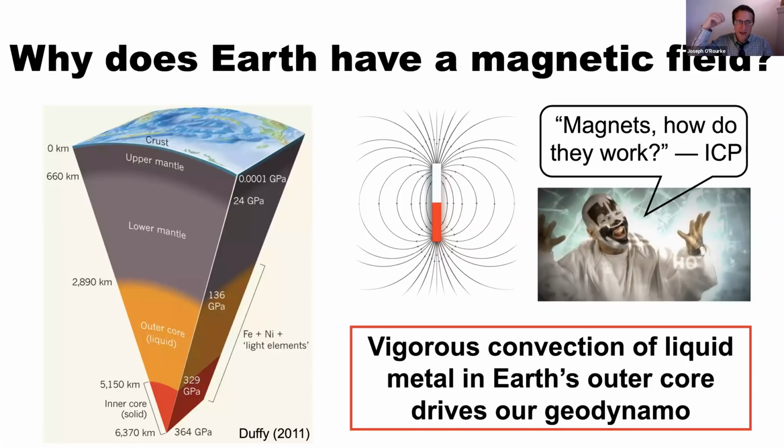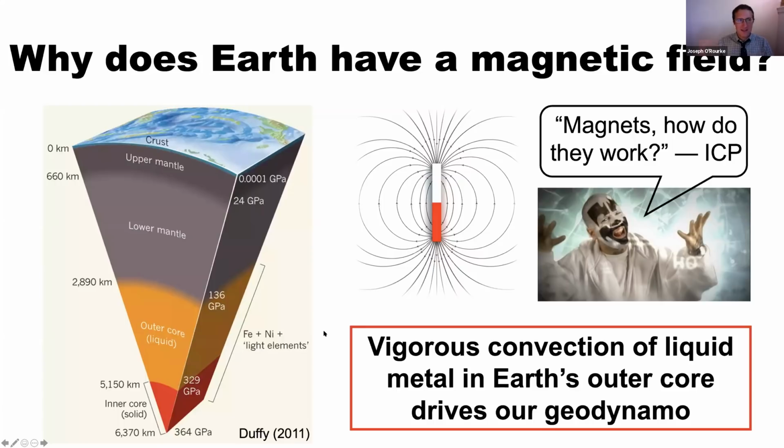And because it's electrically conductive, if you move conductive fluid, you get a dynamo effect. So a dynamo converts mechanical energy into electrical or electromagnetic energy, and that is what produces our magnetic field. And so the dynamo process within the core is extremely complicated, but if you get far enough away from the core, you only see the dipole components of the magnetic field. So it's sort of like Earth has a bar magnet just stuck in its inside, but Earth totally doesn't have a bar magnet in its inside. It has a complicated dynamo.